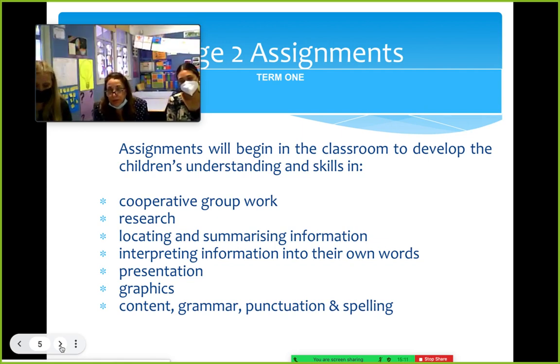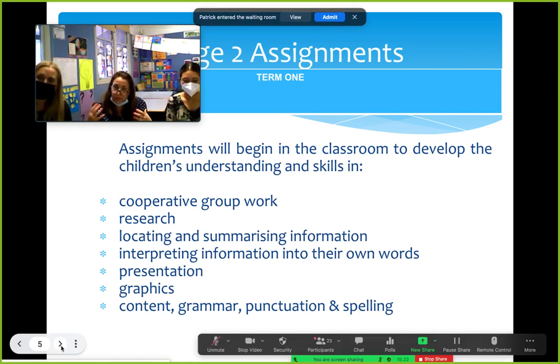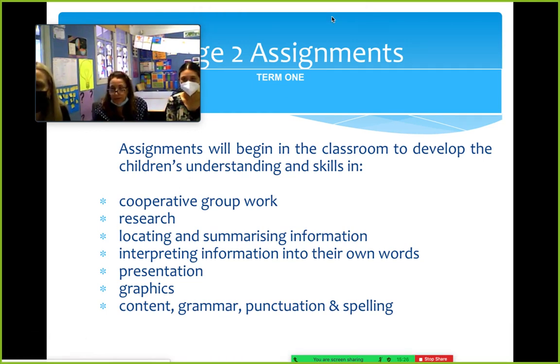I'm sure you can appreciate that when children are set an assignment, we have to model what that would look like, what all the different aspects of an assignment are, taught in the classroom, and then when we feel confident that the children can then work independently at home, we will set assignments. Usually assignments are set around either our English or our science or geography units of work. Could even be creative arts this term. So watch this space because there will be assignments that will be sent